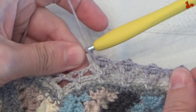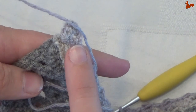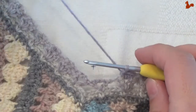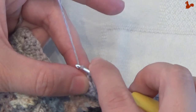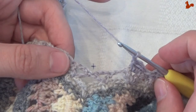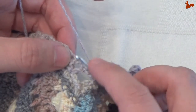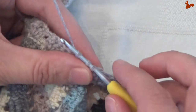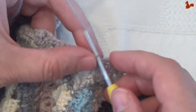Done that repeat 8 times, and then you're here at your next valley, and this is up to the tip of the triangle, so you've got a small more stretch to go. And basically you're going to repeat what we've done up till now again. So it's chain 1, then over the next 2 stitches, these 2 chain spaces, double crochet 2 together. So I'm going to pinch them together. So yarn over in the first one, and a yarn over in the second one, and take them all off. There we go. Then chain 1,